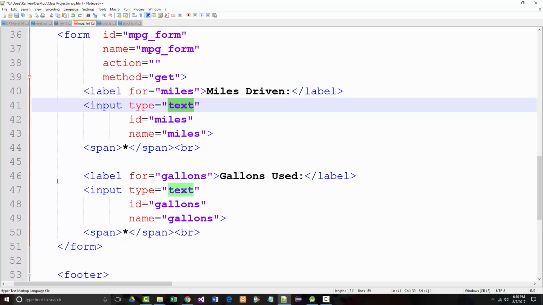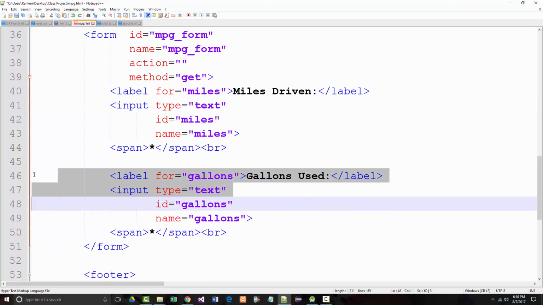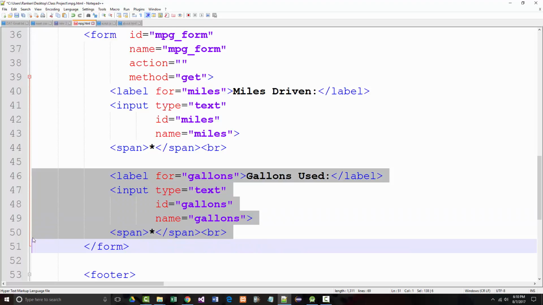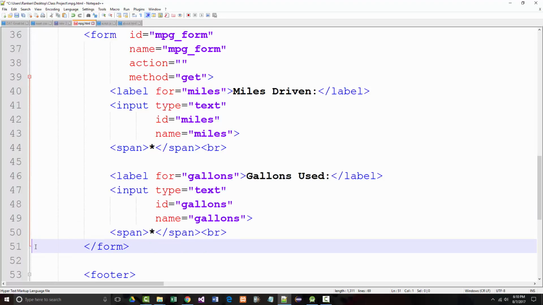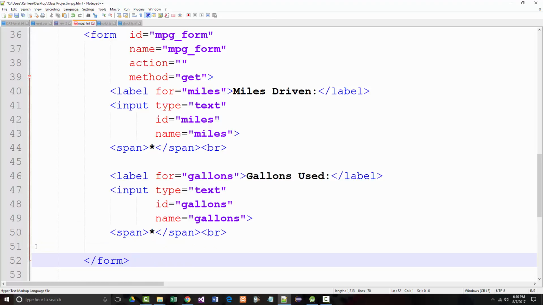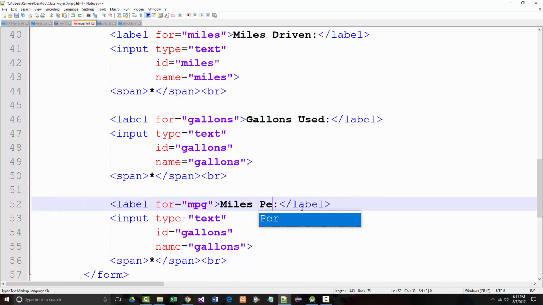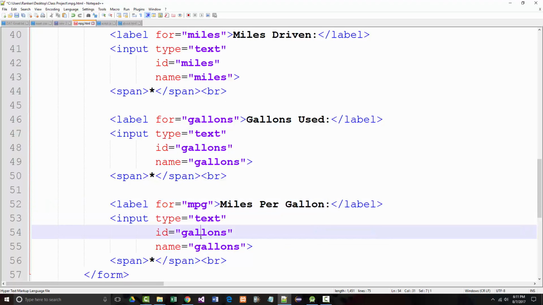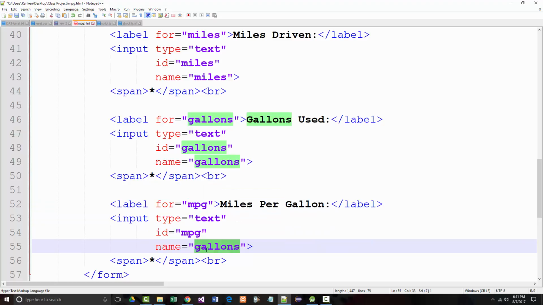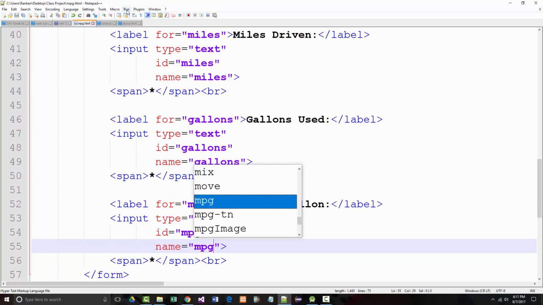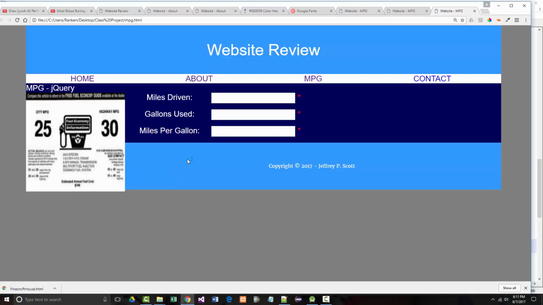Then finally, I'm going to do this one more time, because we've got our miles driven, we've got our gallons used, and now we want to put in our actual MPG. So let's take a look at it now, and you can see it's now really coming into form, so to speak. All right, so we've got all that stuff done, and what's left? Well,